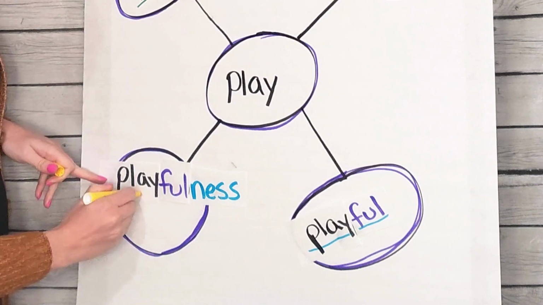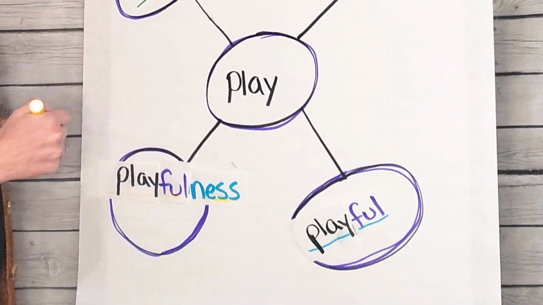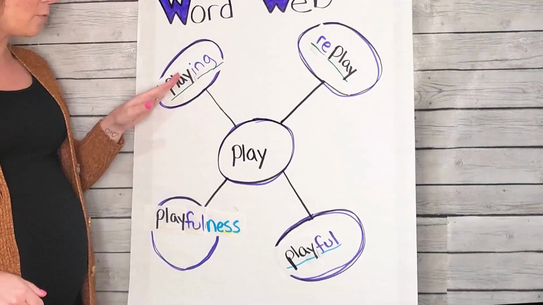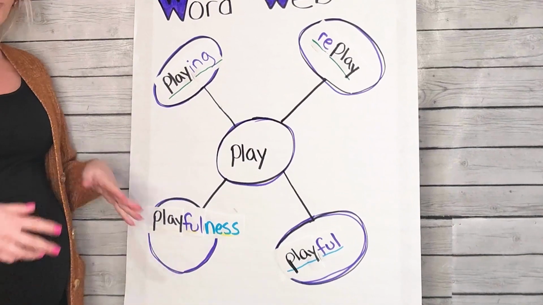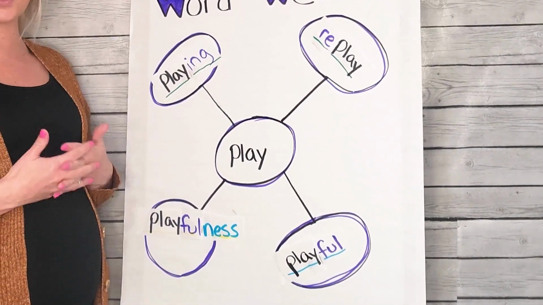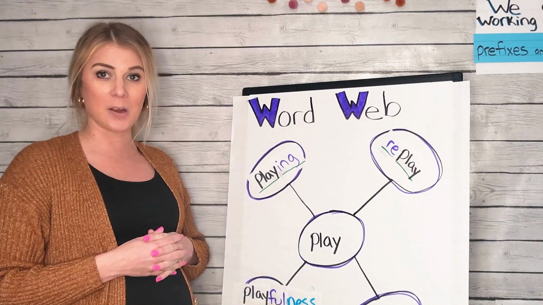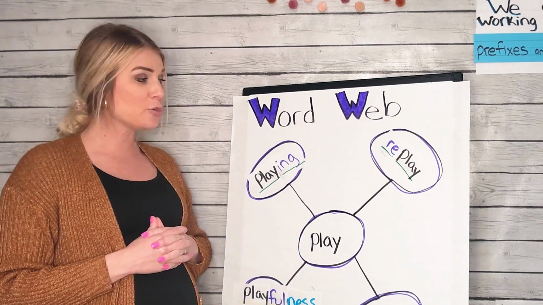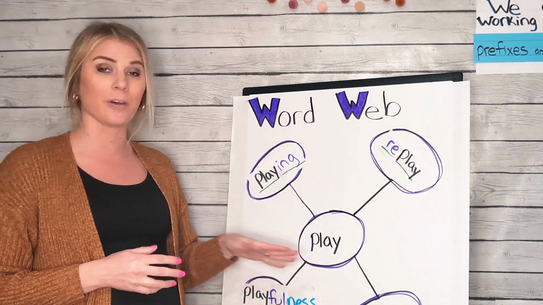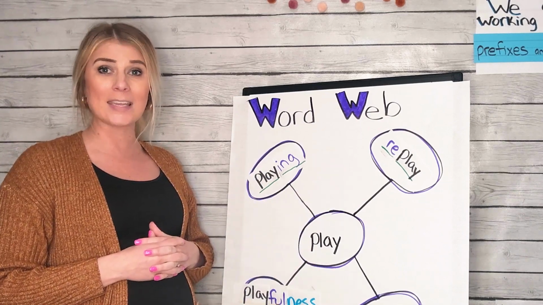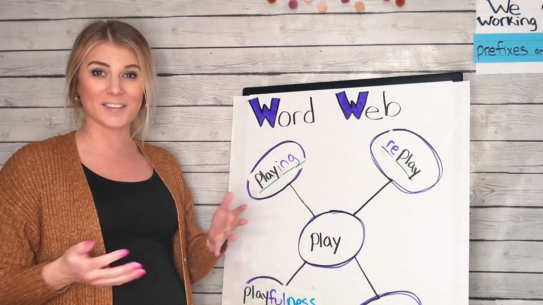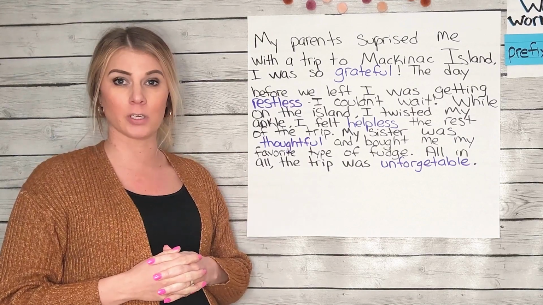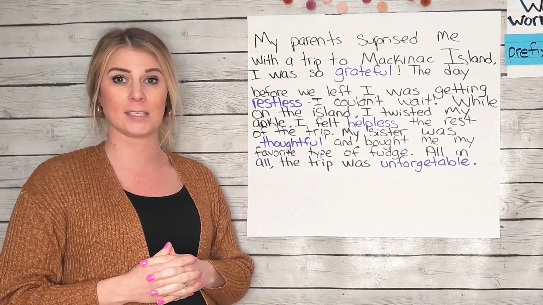Readers, we took one base word, play, and we built so many different words out of that one base word. When you go home today, or when you see someone that you love or care about, try and explain to them how you can build multiple words out of just one base word by adding either a prefix or a suffix. Readers, we've worked so hard learning to read these words with all different kinds of prefixes and suffixes.